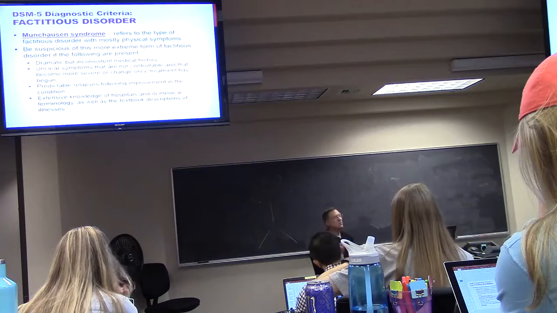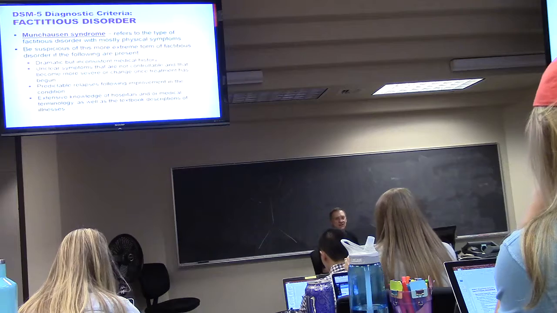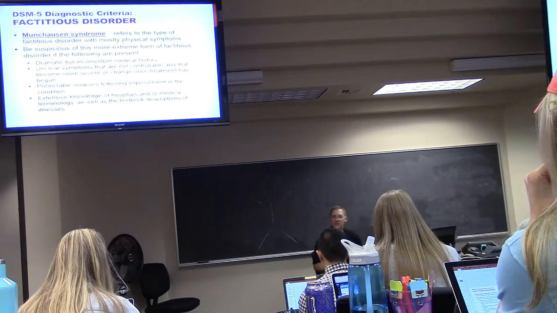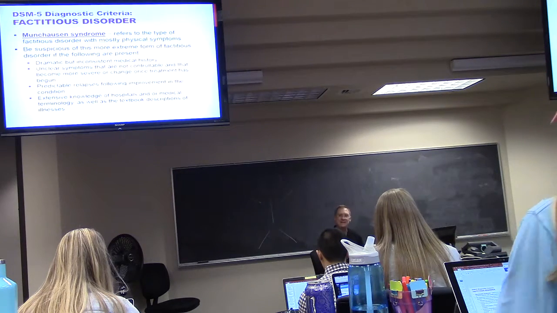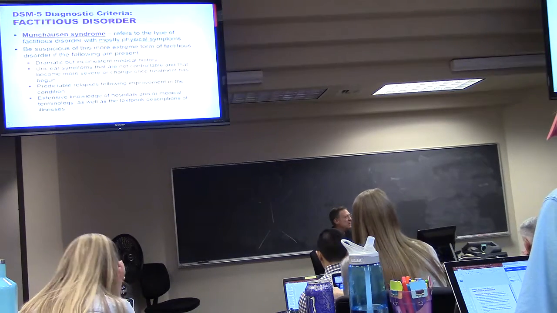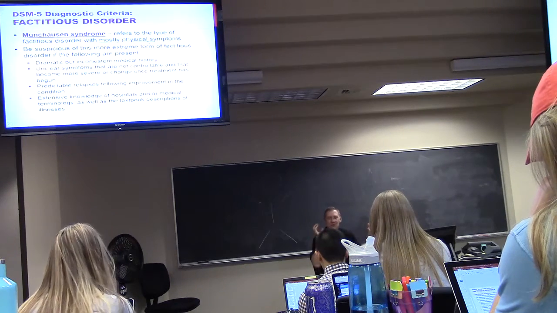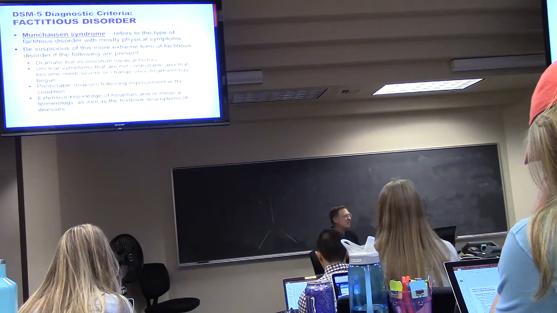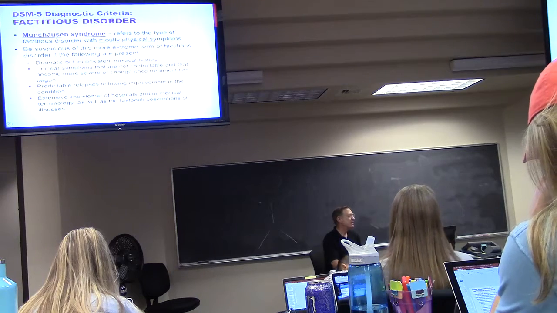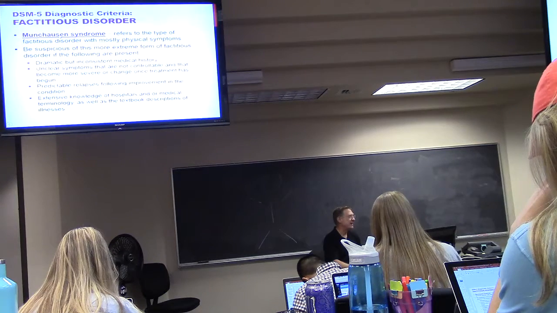Okay, now here's a word, have y'all heard this word before? Munchausen syndrome. This used to be what they call factitious disorder anyway, but it's not even in DSM-5 anymore. It's not a term that they use in DSM-5 at all, but it has such a historical context that it still has meaning. It's when you have a factitious disorder with mostly physical symptoms, not faking records or stuff like that, but physical symptoms where they've done something to themselves. Called Munchausen, a German baron who overstated and over-dramatized things, and so he kind of got this name.